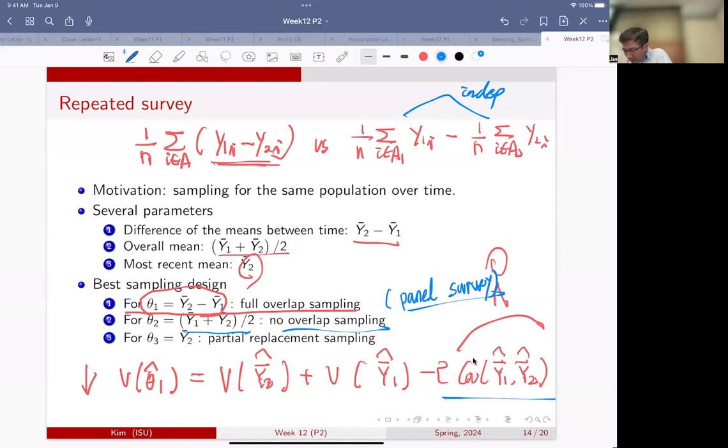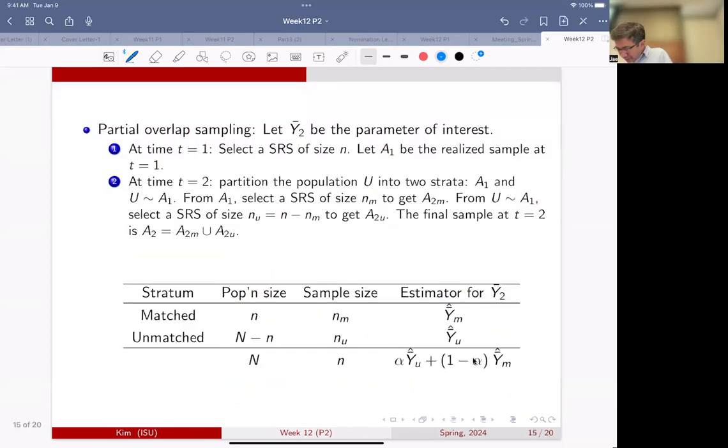Then this one is kind of a compromise: partial replacement sampling, like NRI. Partial overlap sampling is the design where we